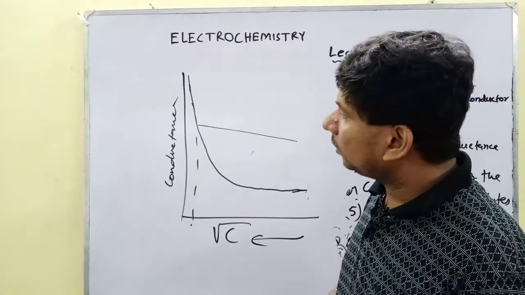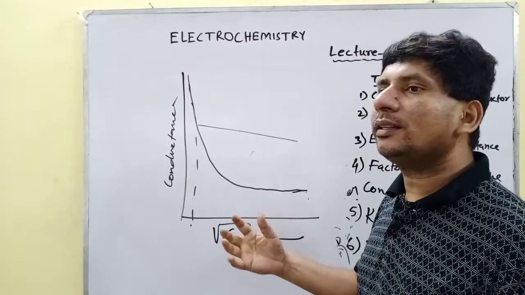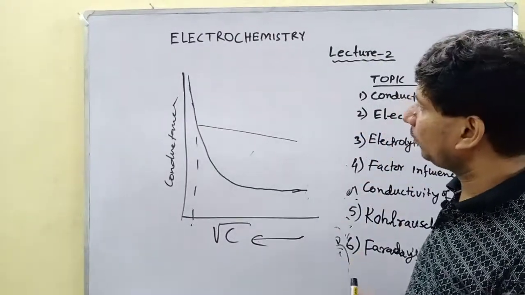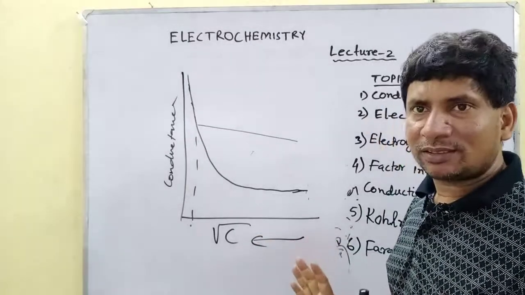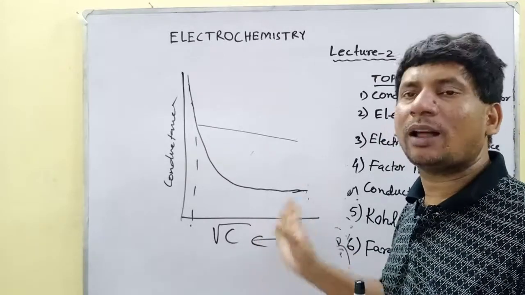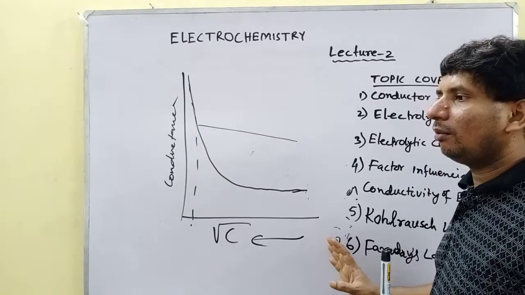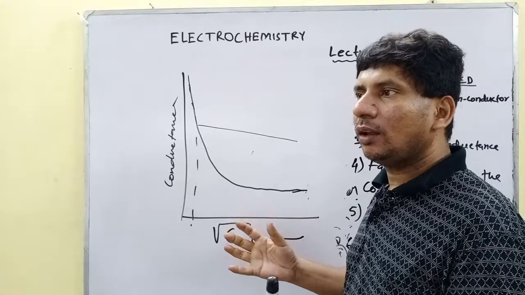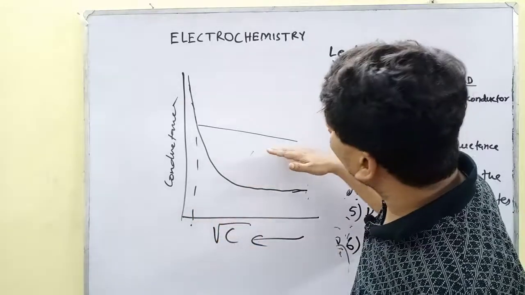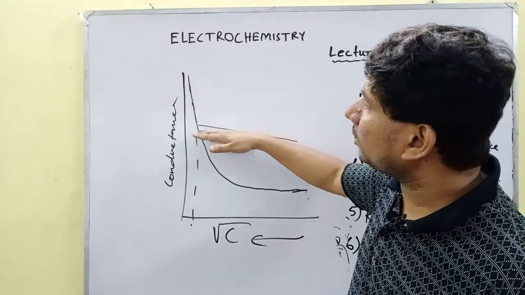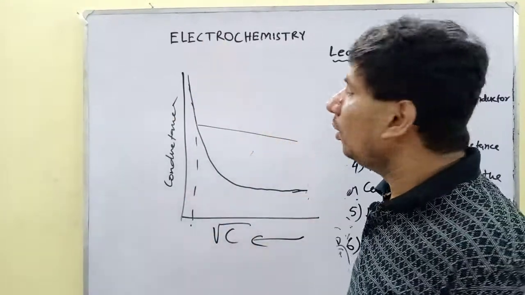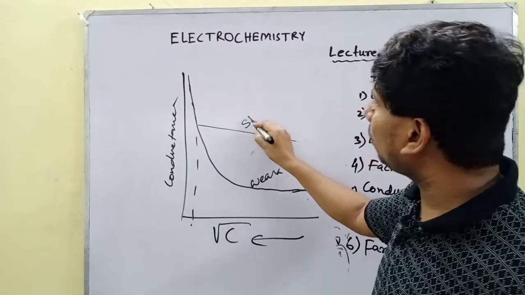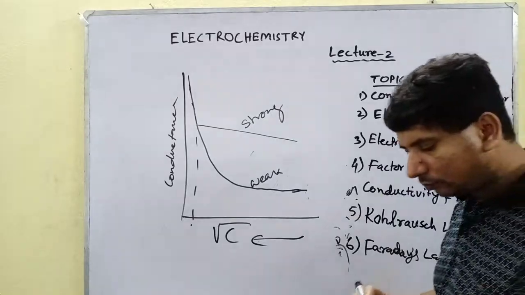For this reason, the number of ions will be increased. For this reason, the conductance will be increased. But for strong electrolyte, the number of ions does not increase with the dilution, but since the volume increases, the interionic distance increases. For this reason, slowly the conductance also increases. Okay? So this is for weak electrolyte and this is for strong electrolyte. Okay? So these two